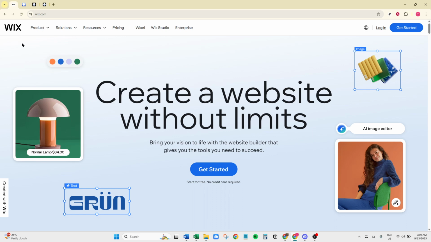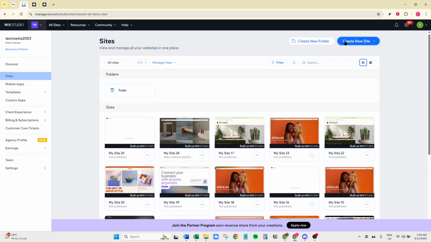First, make your way over to Wix's website. This is your hub for all things web design. So whether you're new to Wix or a returning user, this is where the magic happens. If you don't already have an account, you'll need to create one, and for those who do, simply log in. It's pretty straightforward, and once you're in, you're greeted with the familiar interface that keeps things user-friendly.